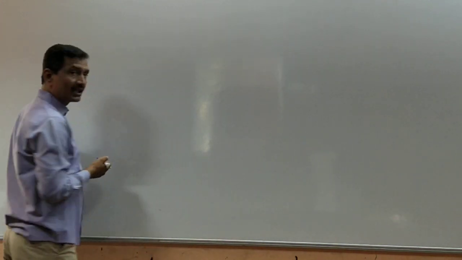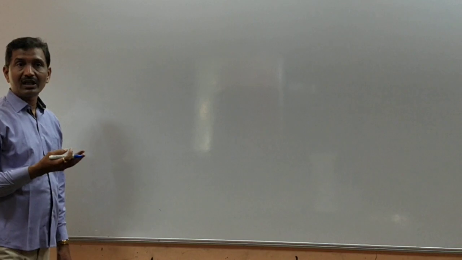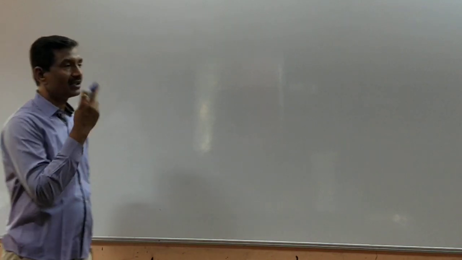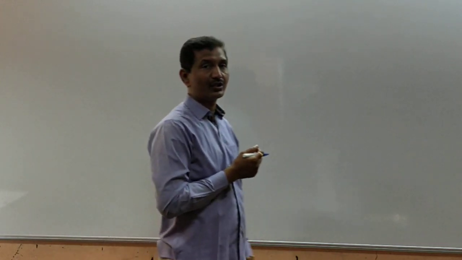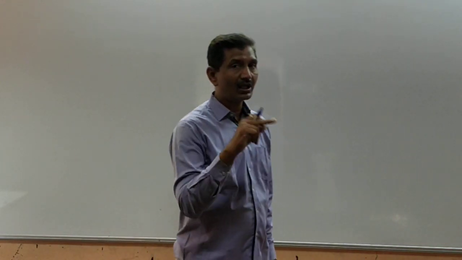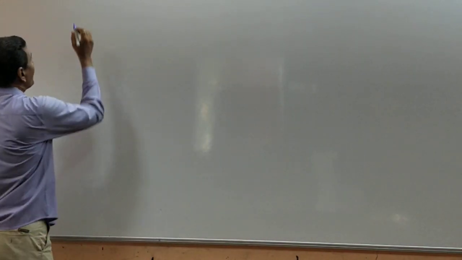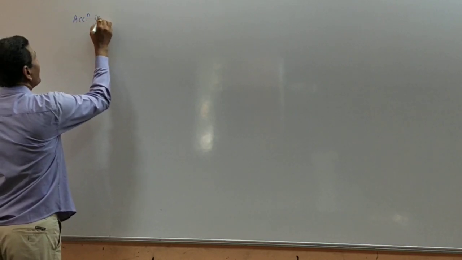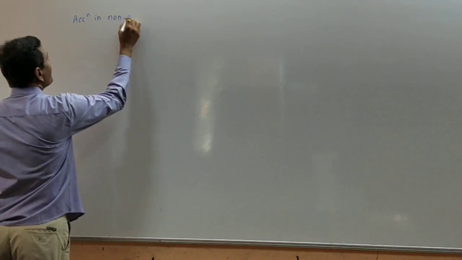Frequency and periodic time. The periodic time is what? Time taken to complete one revolution, denoted by the letter T, and frequency is the number of revolutions per second, denoted by the symbol n, f or mu. Periodic time and frequency are reciprocals of each other. Now we consider here acceleration in non-uniform circular motion.